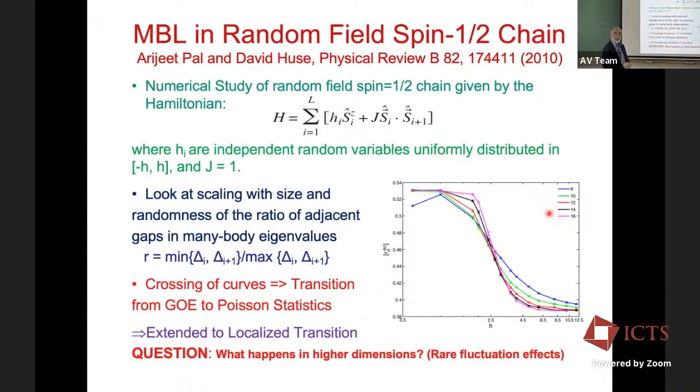that I've heard from David Hughes and also Vedika Khemani. Okay, so I trust that they are doing the best job that they can as far as the numerics is concerned. So I want to put that caveat right up front. We are going to study the same thing in the quantum Hall context. And so the transition we are going to be looking at is going to be this one. We are not going to worry about things like rare fluctuation effects. In fact, we deliberately try to avoid rare fluctuation effects in our models, suppress them so that that physics doesn't come hitting you right in front.